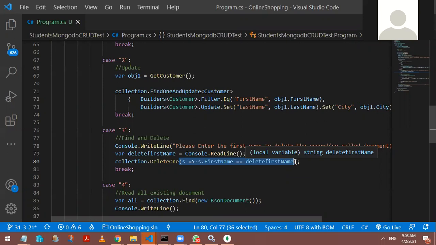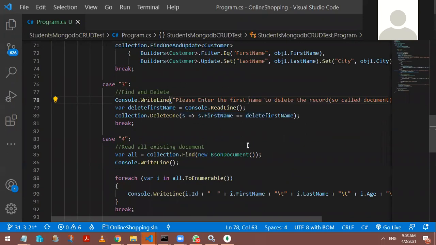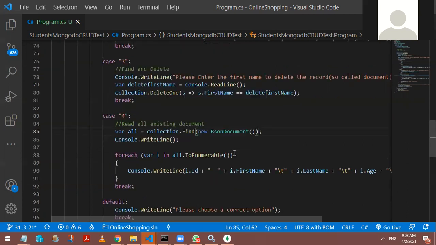And this is the way we get the data. So read all the documents: how will the documents be read? The Find method. When I call the Find method, I'm passing a BSON document as a constructor, and based on that all the data will be taken. If you want to find a particular record, you give some expression. If you don't want to give any expression, just write new BsonDocument. That means according to the BSON structure, binary JSON structure, take that data and print every piece of data on the screen.